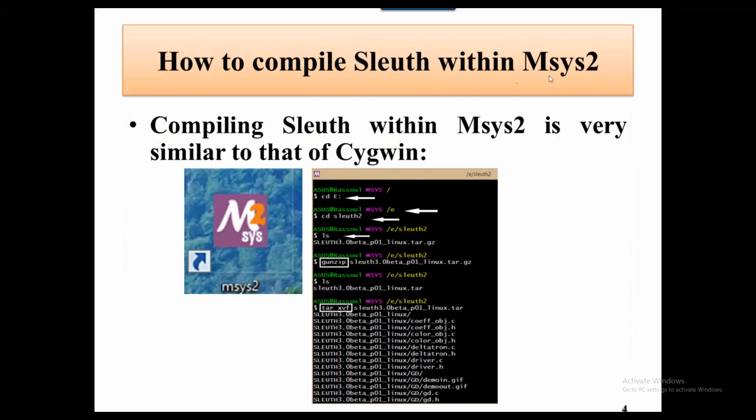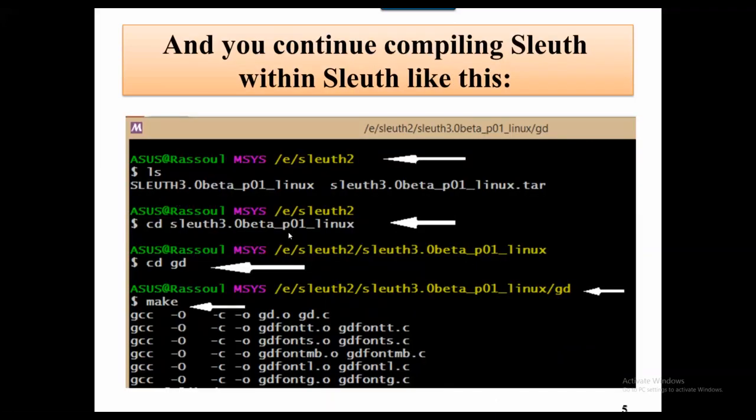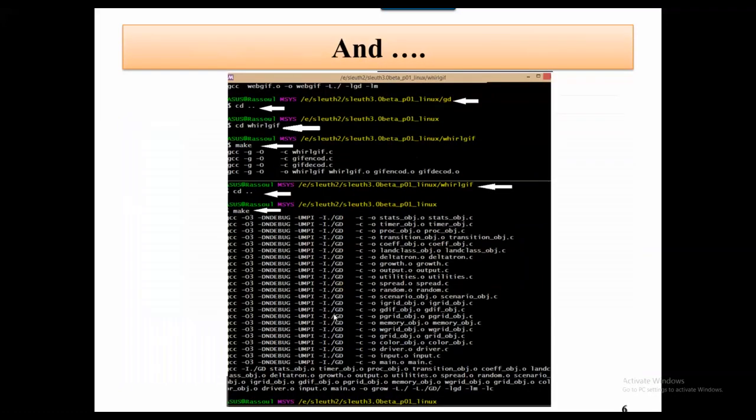To compile Sleuth within MSys2, click on the icon of MSys2 on your desktop and a window is brought up which looks quite like this one, and the same commands as we've done before for Cygwin. You change directory to where you have put the downloaded Sleuth, take a list, and you unzip and untar, and then you go to the GD folder, run a make,